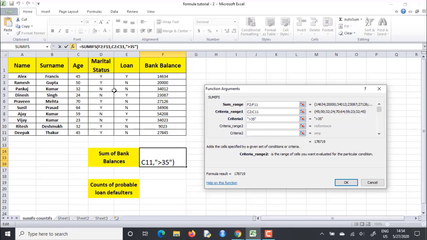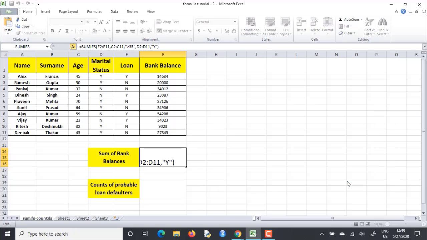The next criteria range would be the marital status, that is from D2 to D11, and it should be capital Y. Note that it should be marked under double quotes, so that it could understand that we are talking about a particular character in that cell. As you can see, here is a preliminary result, which, if we press OK, will print to the cell. I will press OK and this result will pop out here.